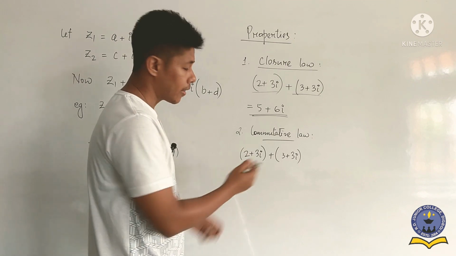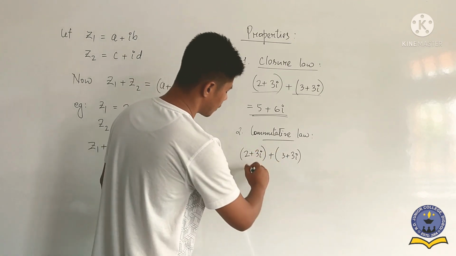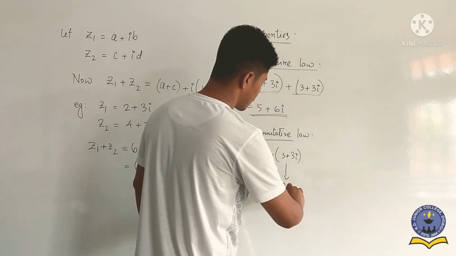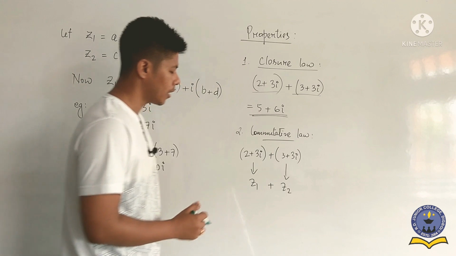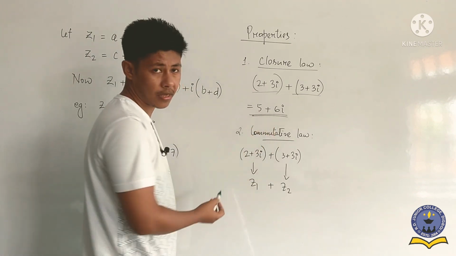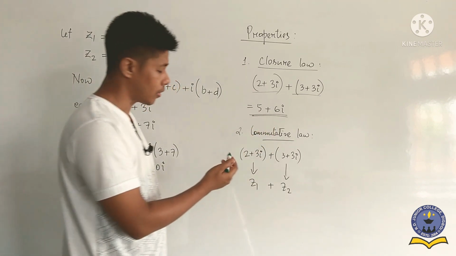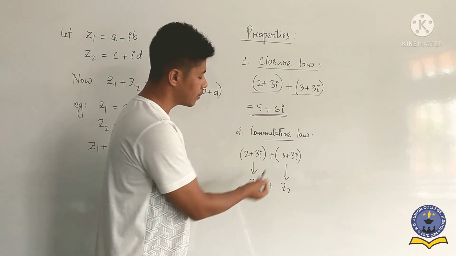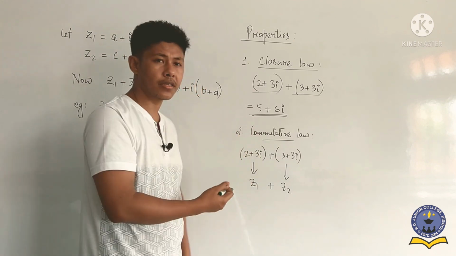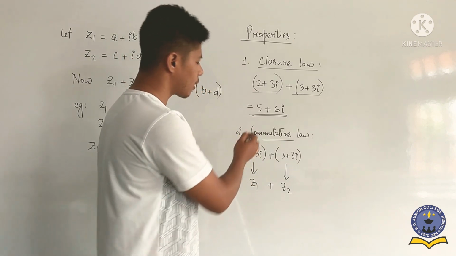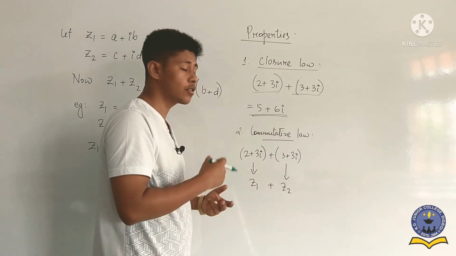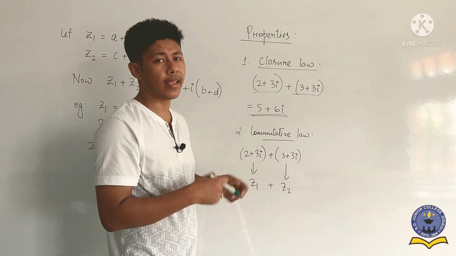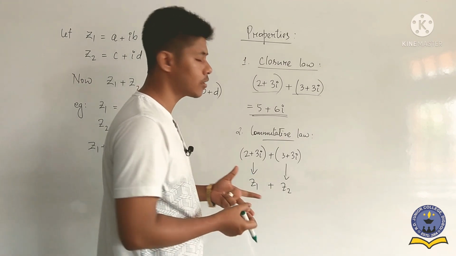5 plus 6i. If we interchange this one, that means if this complex number we consider z1, and if we consider this complex number is z2, and if we add these two, then the final answer we get is 5 plus 6i. If we interchange these two, that means if we write z2 plus z1, then what we get? If we add z2 plus z1, then again we get 5 plus 6i, isn't it? So the commutative law is, if we add two complex numbers and if we reverse the complex numbers and again get the same result, then it is known as commutative law.